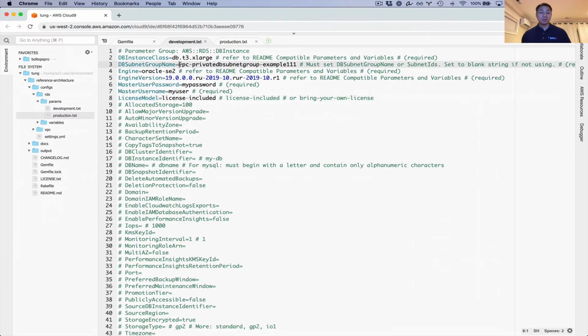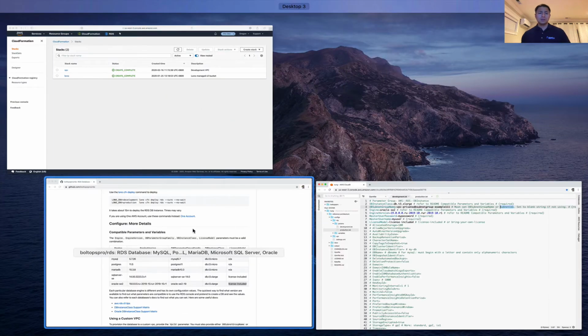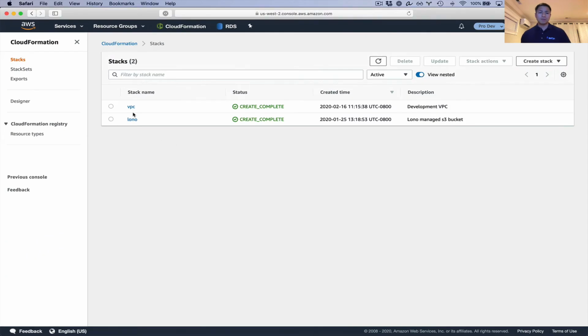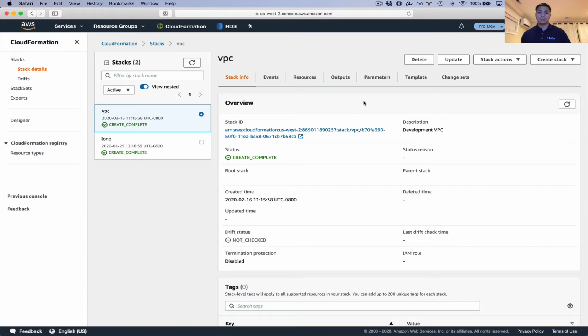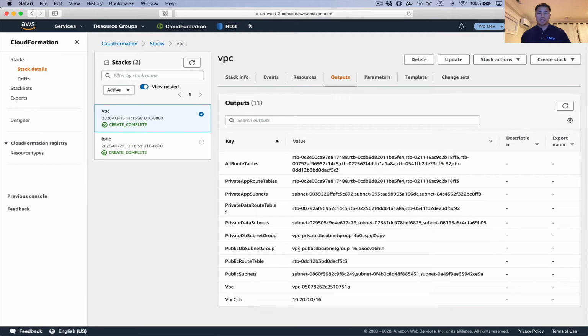There are a couple other parameters here, DB subnet group name. I covered that at the beginning. Essentially, you have to either use this one or use the subnet IDs. You use one or the other, okay? And then you set the one that you're not using to a blank string. So I'm going to use the DB subnet group name from the reference architecture VPC here. You just go to the CloudFormation output, and then you grab